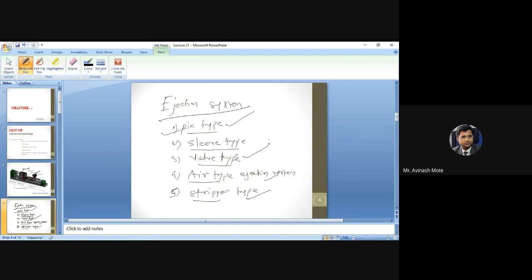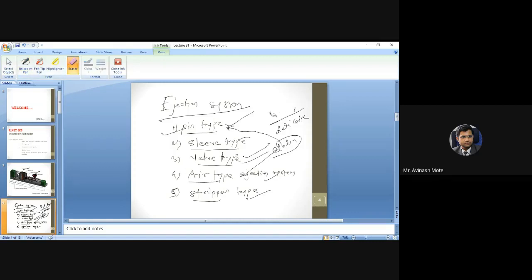So basically what kind of ejection system is supposed to be used depends on the type of product, whether the product is small or large or deeper, or delicate. Getting it? Suppose the product is going to be used in an electronic component, a very delicate product. In that case, you cannot use mechanical mechanisms like pin type or sleeve type. Better to go for ear type or wall type. So ultimately, it depends on the kind of product what the ejection system should be.